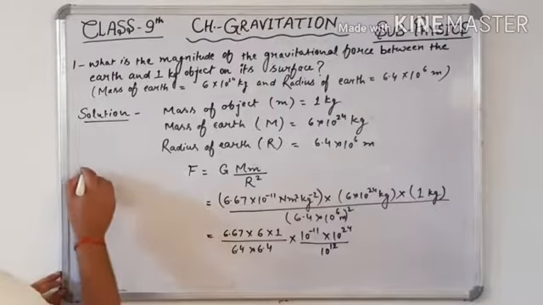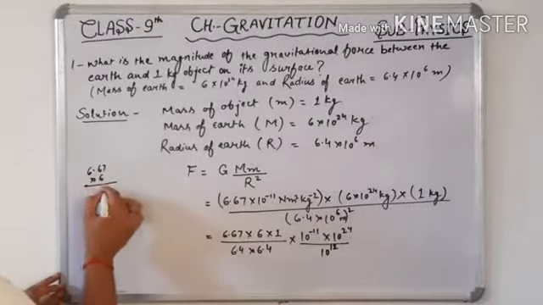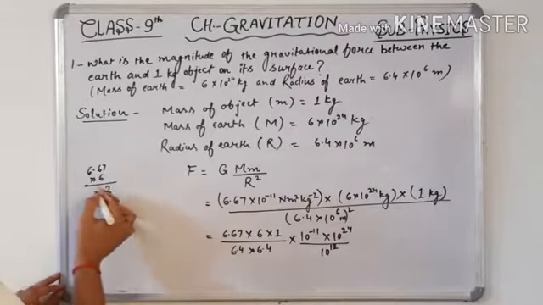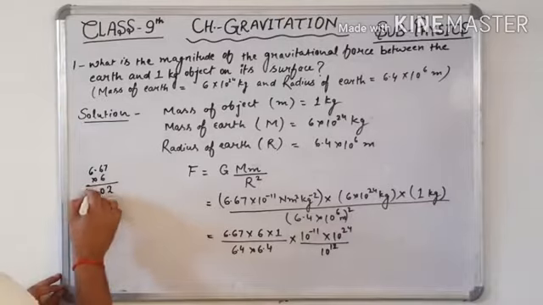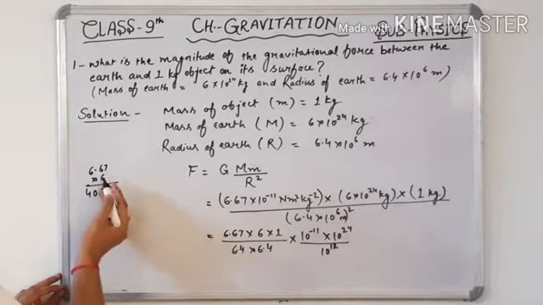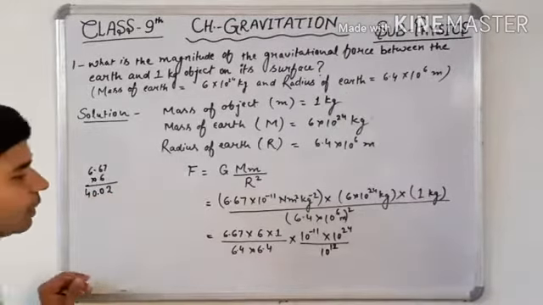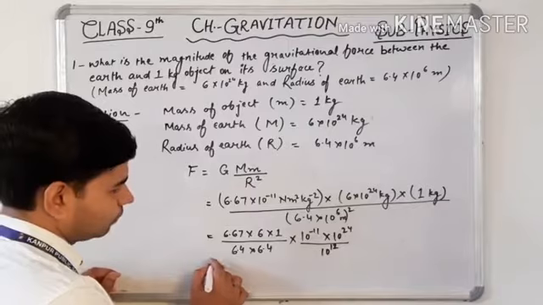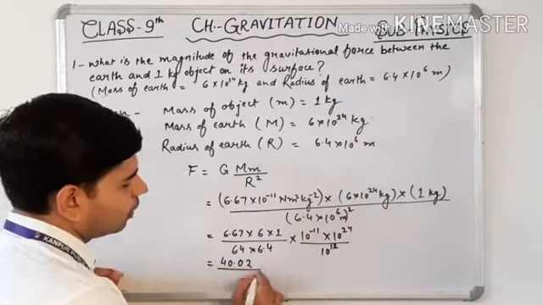Now multiply this. 6.67 into 6. 6 7 are 42, 6 6 are 36 and 4 is 40. How many places after decimal? 2 places. So put decimal after 2 places. 40.02. This is equals to 40.02 upon